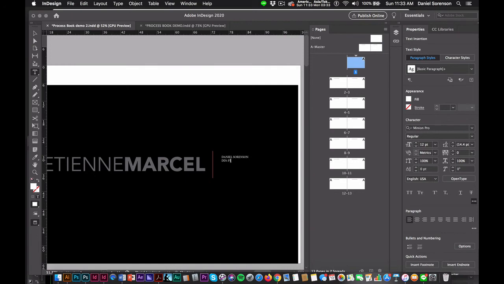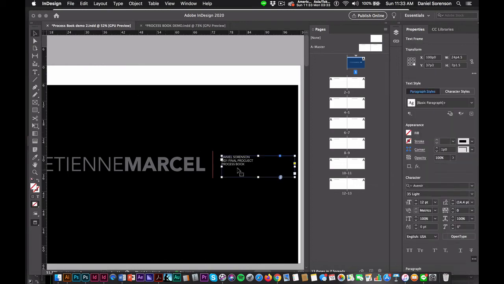DD1. Final project. Process book. I'll change it to the Avenir Light. Now I want this to be bigger. I could just scale it up, but I want it to be exactly the same height as this type here. So this is where I'm going to use the free transform. I'll press E and then hold the Shift key and drag from a corner and